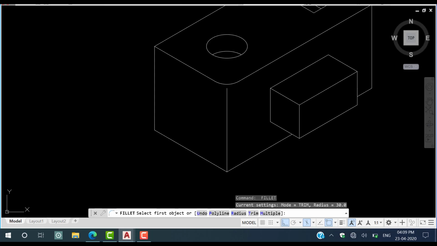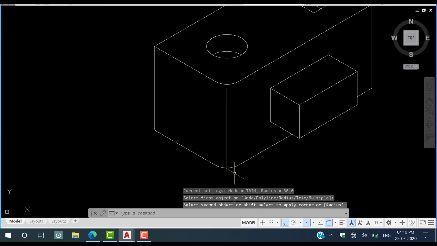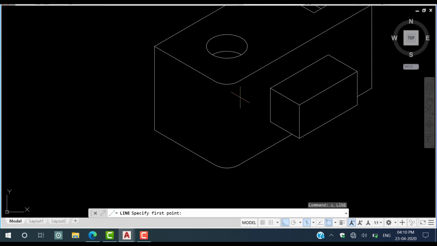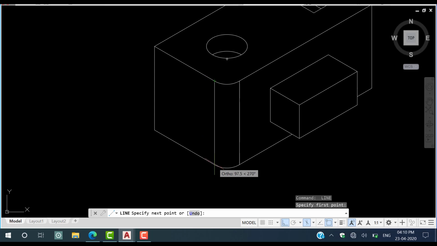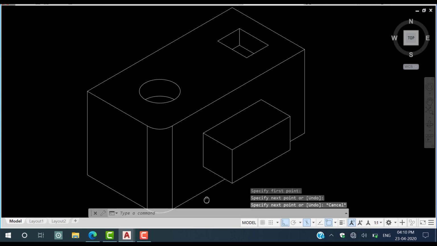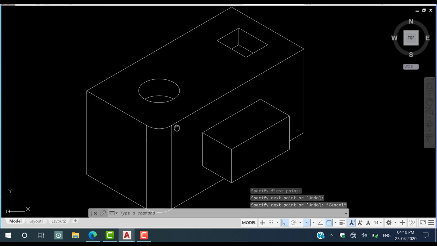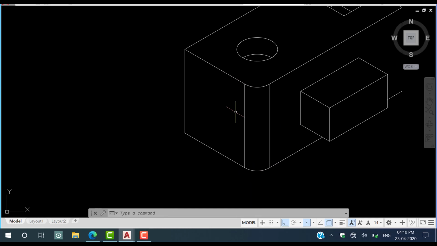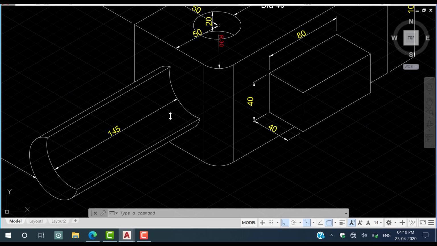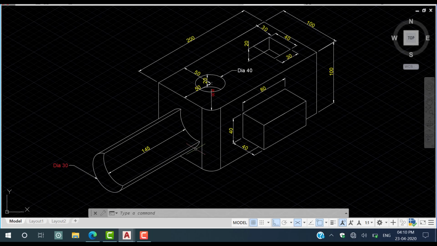Similarly you do for this side, this corner side, then you select this line and press delete. Now you select a line command and you select the end point of this particular rounded corner. Again I will be selecting this end point, and I can draw, so that you can represent this turn. Okay, so this one detail is an assignment, and hope you can take a screenshot of this